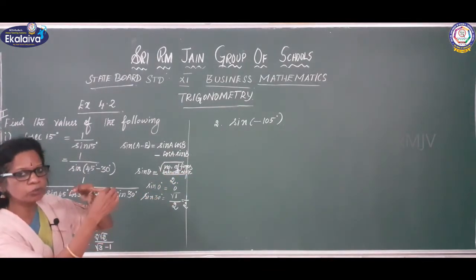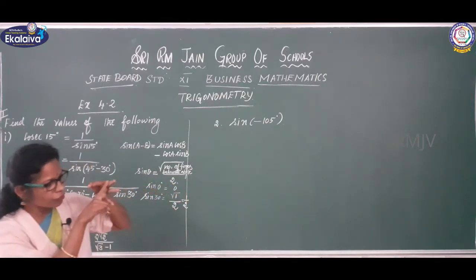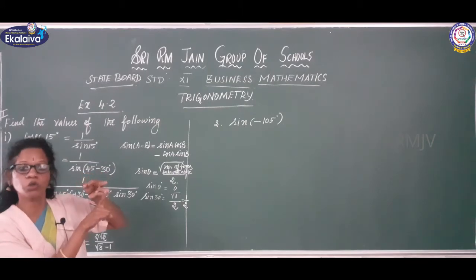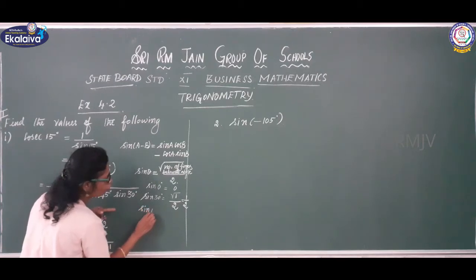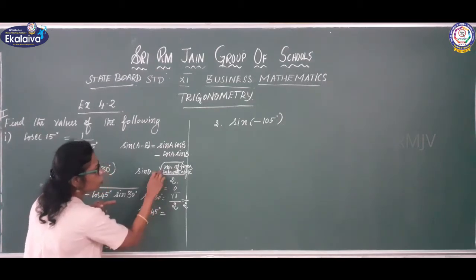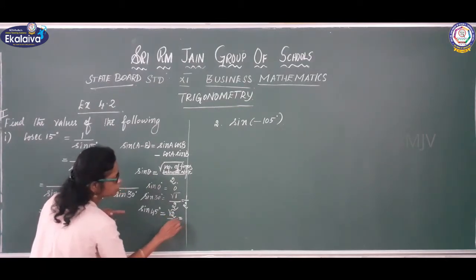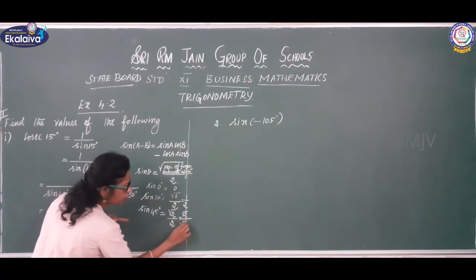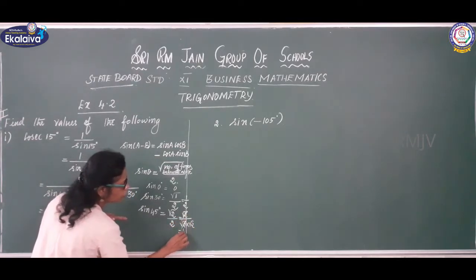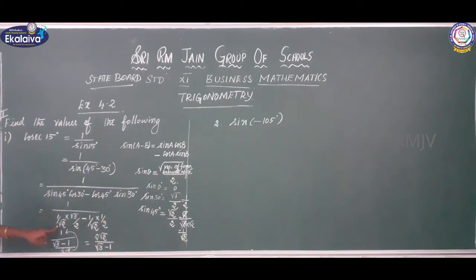Right? Next, this is my 45 degree. Long finger, what I said, 45 degree. Below 45 degree, how many fingers are there? 2 fingers. So square root of 2 divided by 2, which can be written as root 2 into root 2 cancel, which is equal to 1 by root 2. What I wrote here, sin 45 degree is 1 by root 2, right?